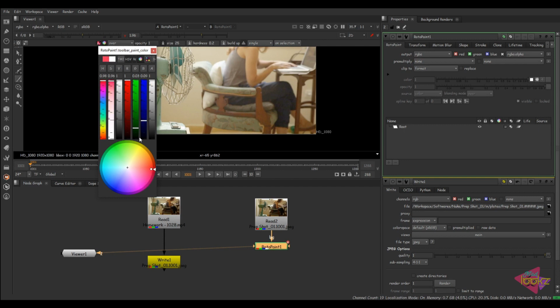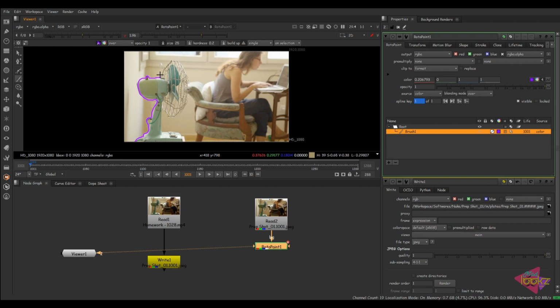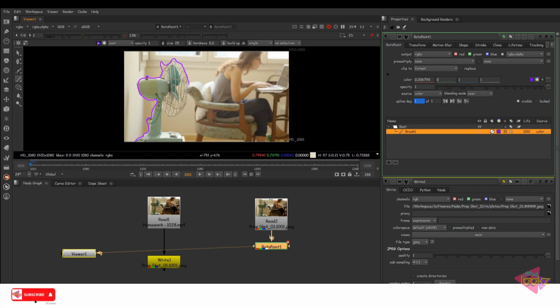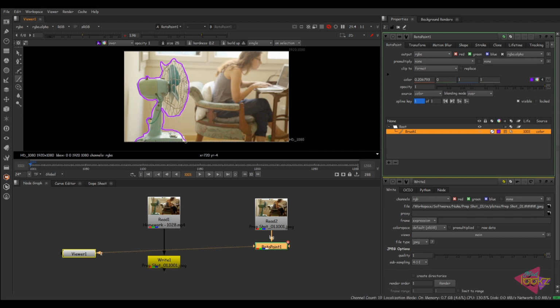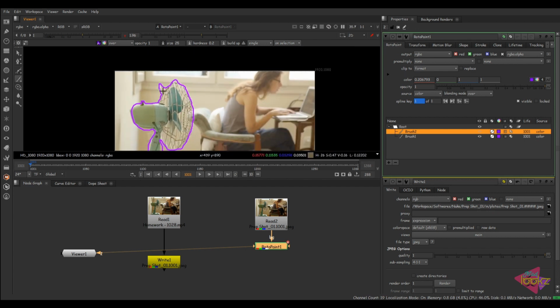I mean, we can select over here also. Yep, this color will match. So in the first frame, the 1001st frame, I'm going to draw here because I'm going to remove this table fan from this shot. It might be considered a fresher task, but for a fresher it can be an advanced task too, so bear with us. We will see how we can do a prep in this shot.